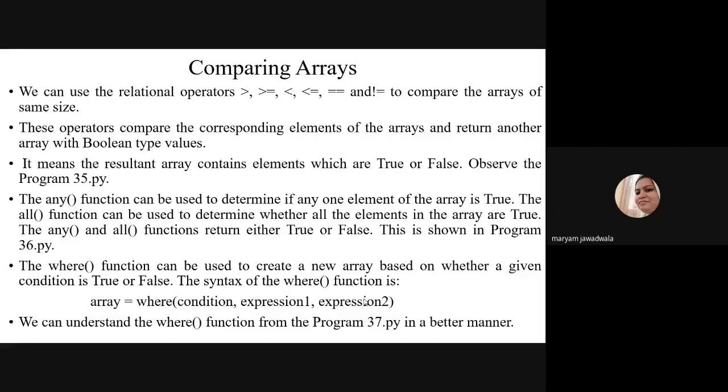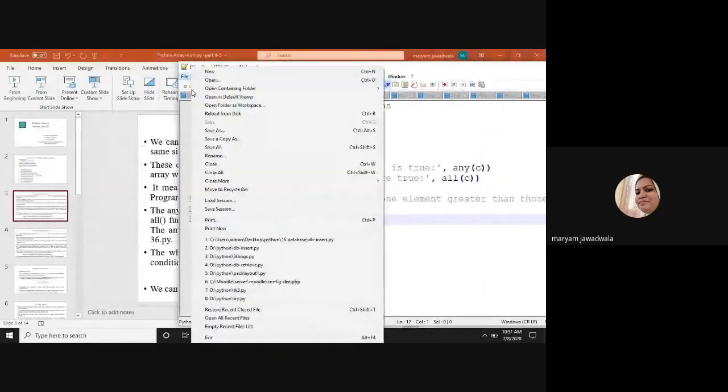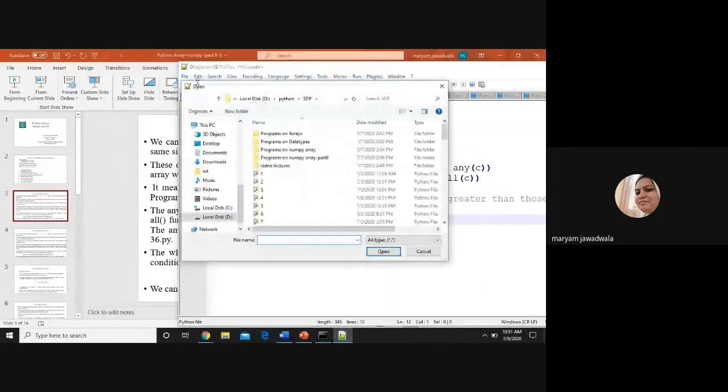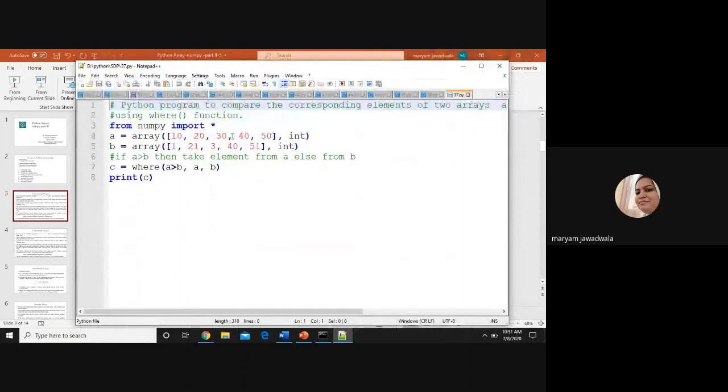So here I wrote one program, 37.py, for understanding the where function. We'll open 37.py here. This is a Python program to compare the corresponding elements of two arrays. Here I declare two arrays A and B using the array function.